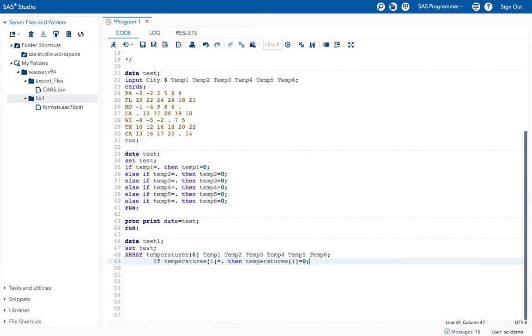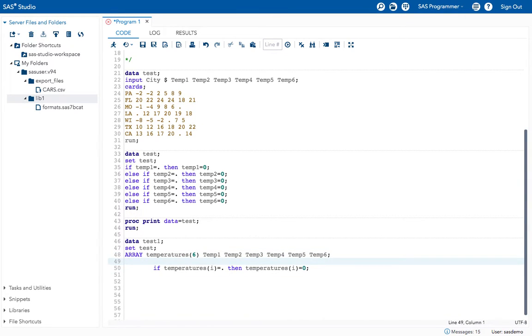This is what I want, right? See, earlier I have given it for every variable each time, but now I want to do it for 1 to 6 variables. I have considered those variables as i values, and I want this process to be repeated for all the variables that I have in my array.